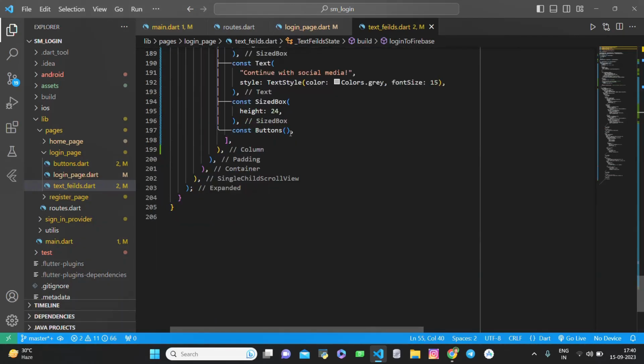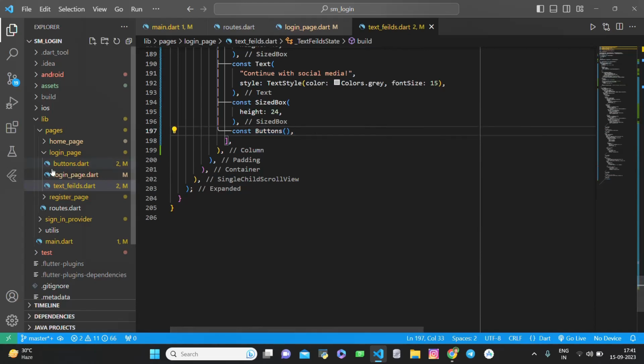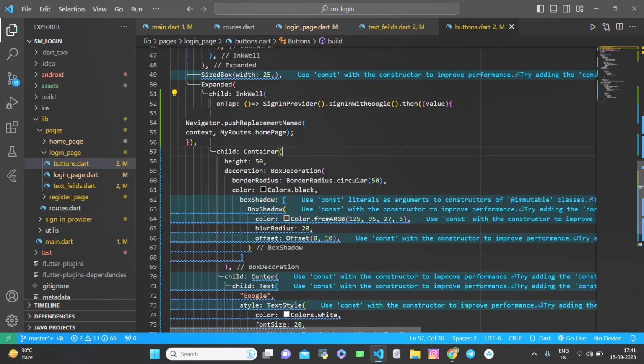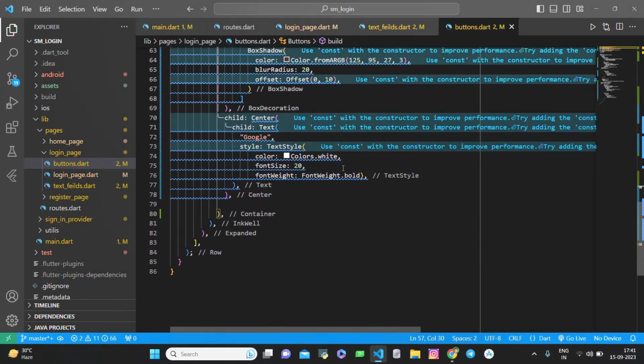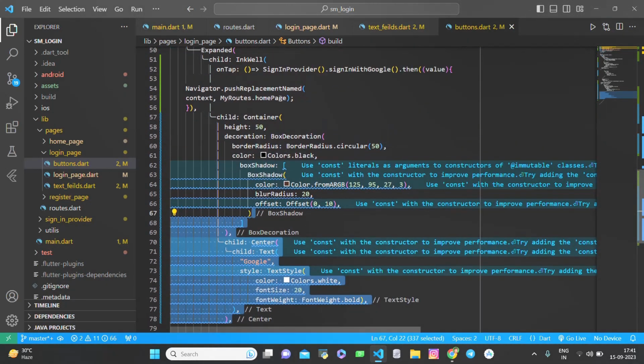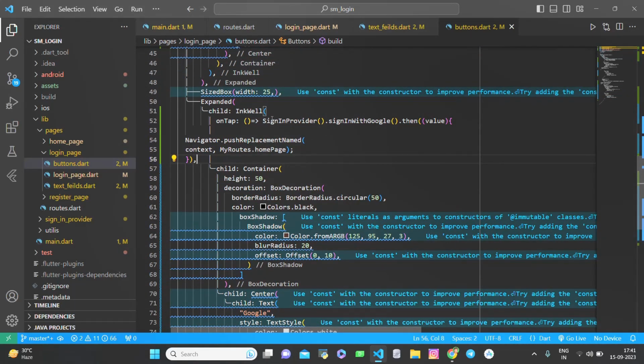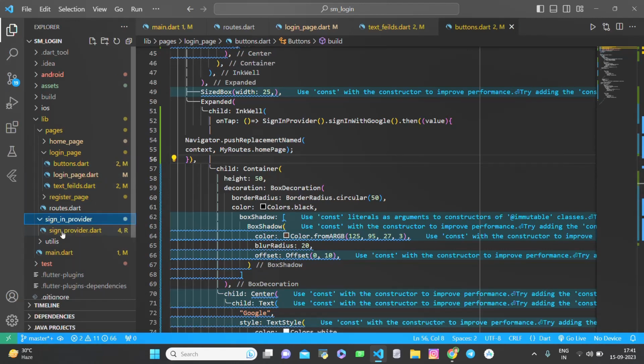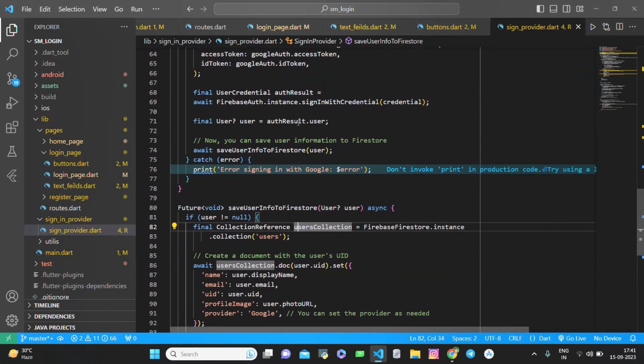Buttons, basically these buttons contain the social media login buttons, on tap of which we get logged into Google or Facebook. I have stored these buttons in a different file. Here are these buttons. Here is the Google one, and on tap of this Google we get the sign in provider. Basically in the sign in provider class, I have defined the sign in with Google, and I can show you that file. Here is this file, and on tap of this sign in with Google,